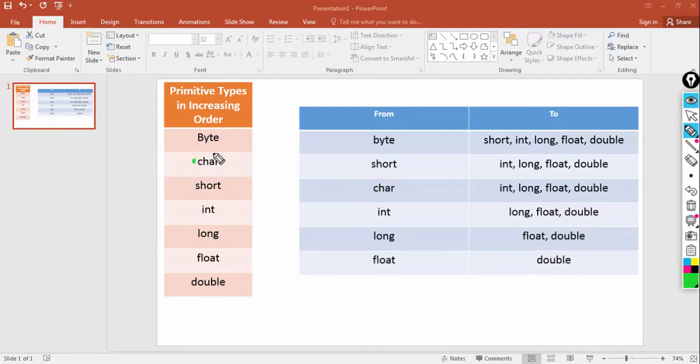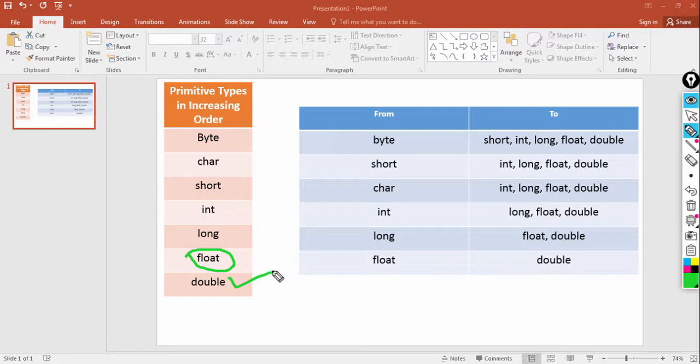Similarly, character can be assigned to int, long, float and double, okay. Then int can be assigned to long, float and double, long can be assigned to float and double, okay, and float can be upgraded to double, okay.